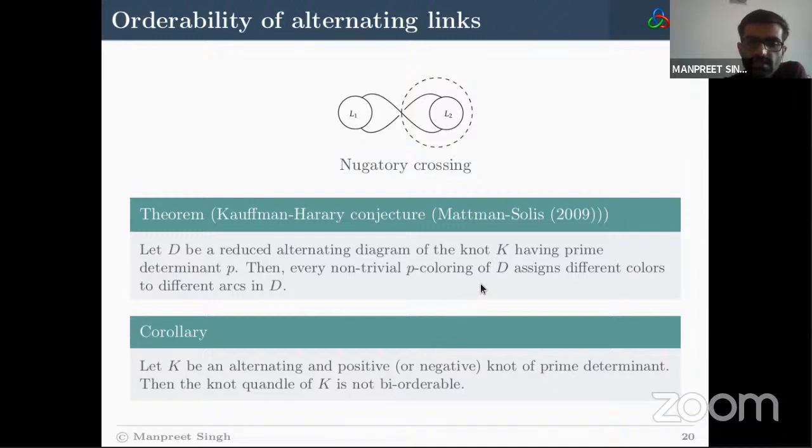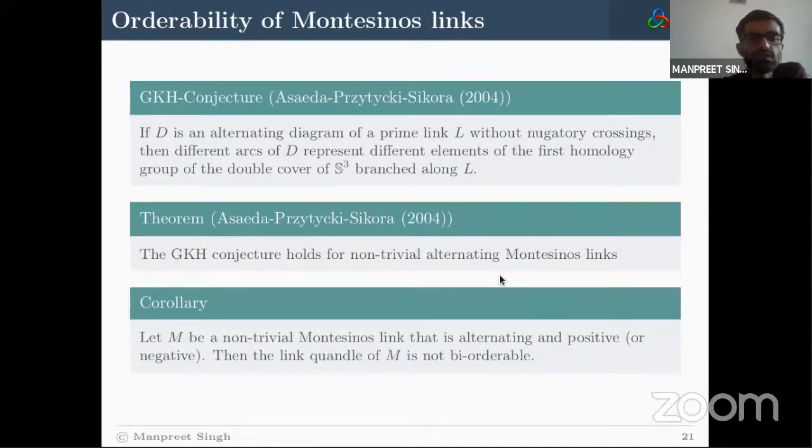Basically, this axiom ensures that all the generators in the diagram D are distinct, and this is where we have used it. And one last consequence: the Coffin hierarchy conjecture was later on extended to another conjecture by Asaeda, Przytycki, and Sikora, which is now known as the generalized Coffin hierarchy conjecture. The motivation behind extending